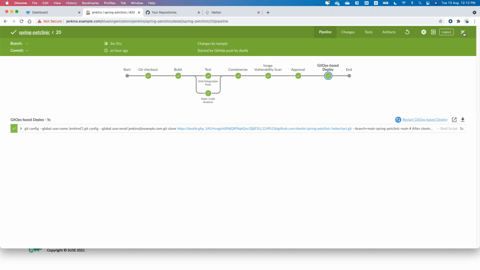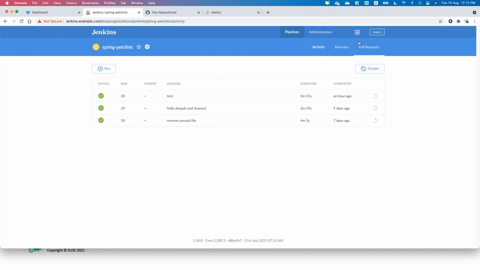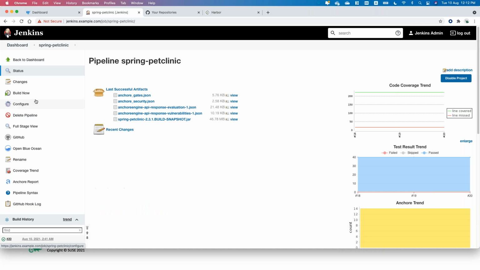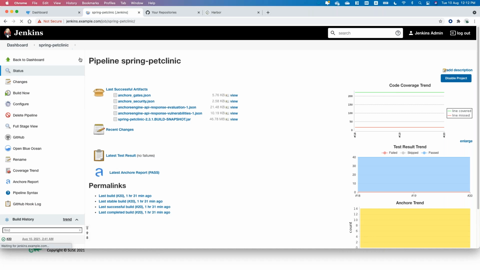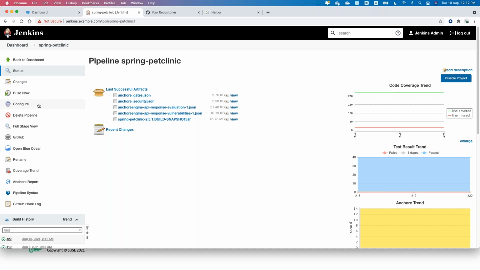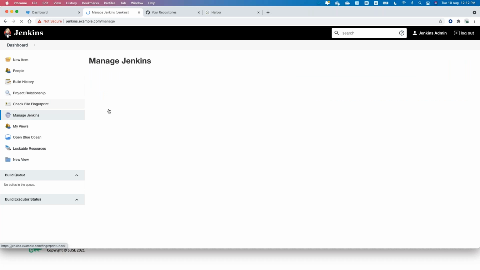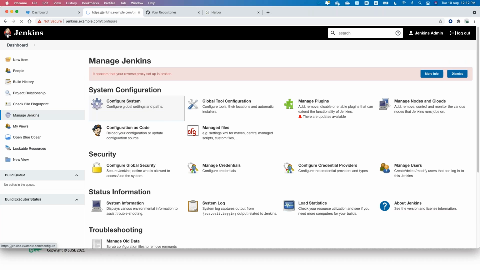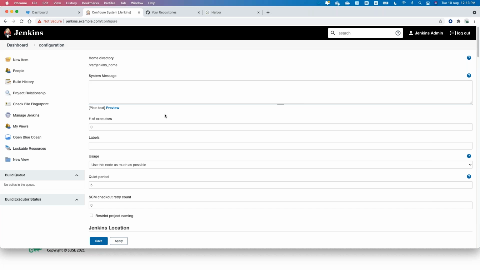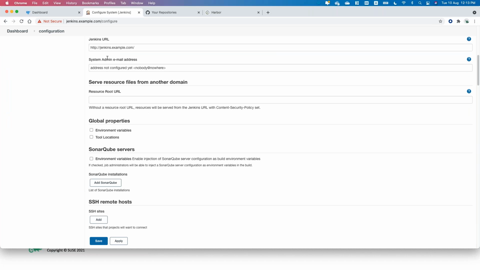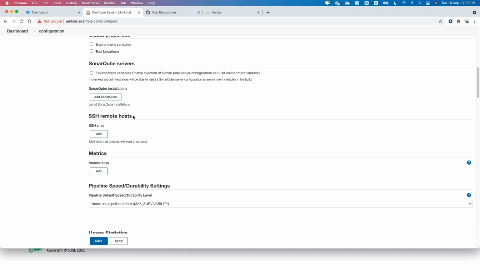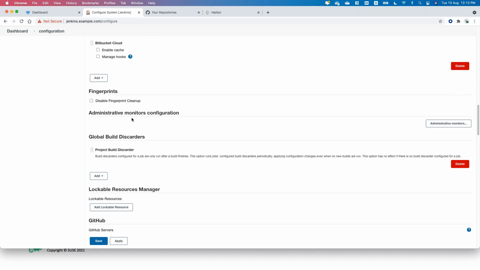But before that, let me show you how I can configure it. So I go back to the configuration session. So you can see this is the Pet Clinic pipeline that I built. And then to configure it is very easy. First, I need to configure the Jenkins. So I go to the Jenkins, and then I go to the system. You can see that once I install the Jenkins, it's automatically configured to use my URL. And then you can see there are some other things that I need to configure. It's also